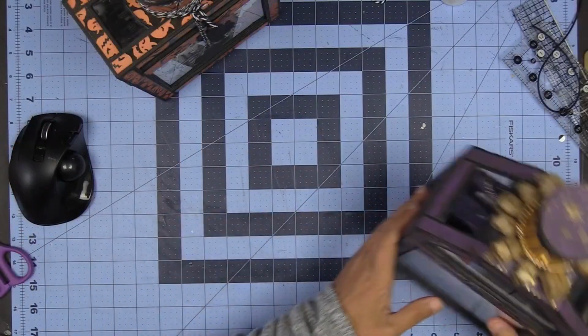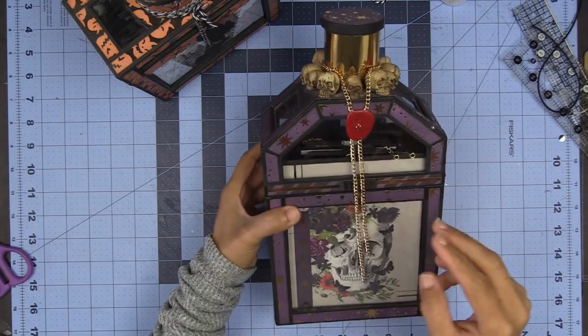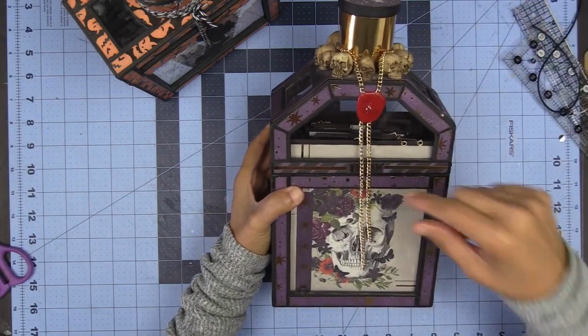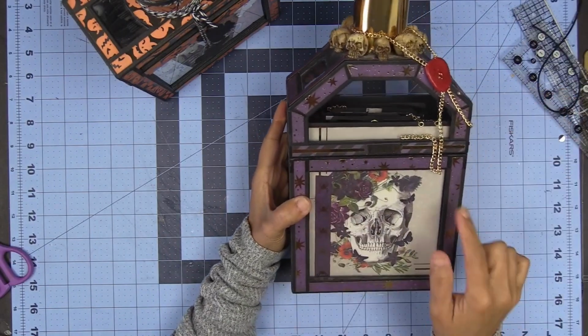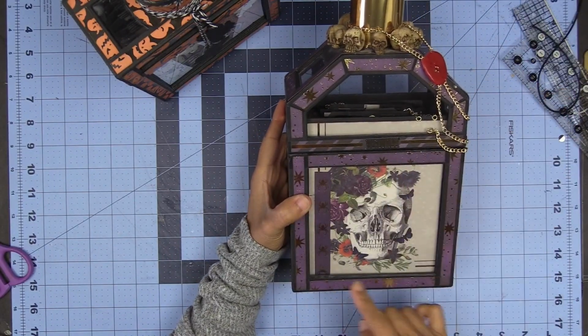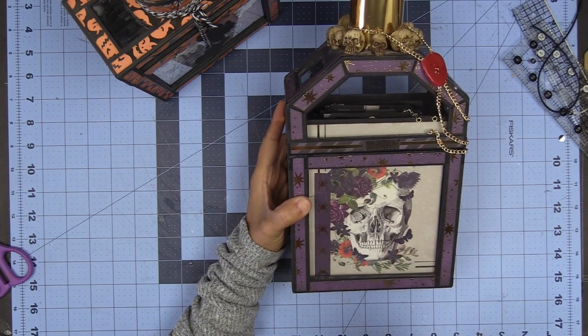She doesn't know. And I'm going to explain it to you because there is no instruction because it's just a basic step you have to follow. All right? So I'm going to change the camera view so I can show you. All right? Hang on. So workspace. Here we go. So this one, there's 3 sets, right? There's 3 potion bottles in the set. And all you do is you take each of the panels and you draw a frame at a 1/2 inch all the way around. If you use black chipboard,